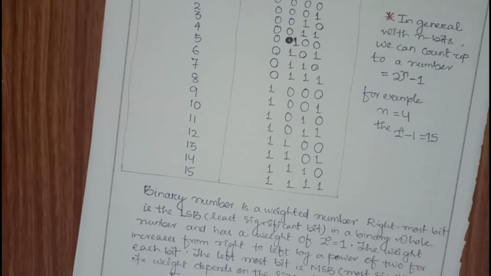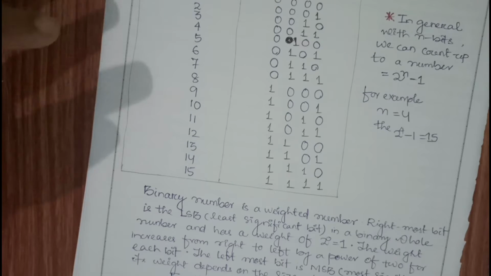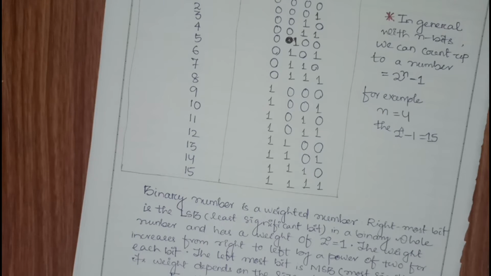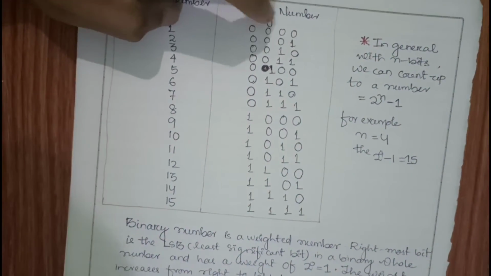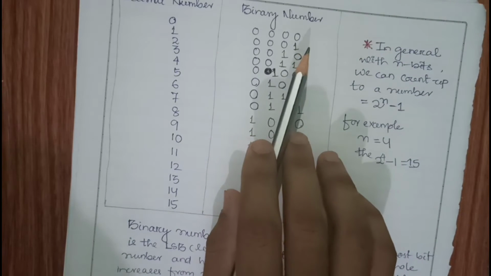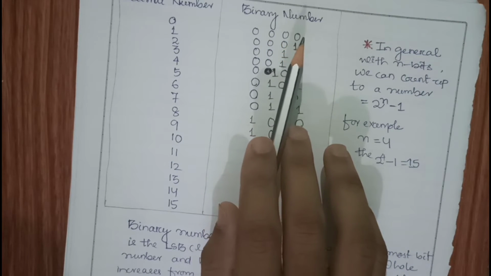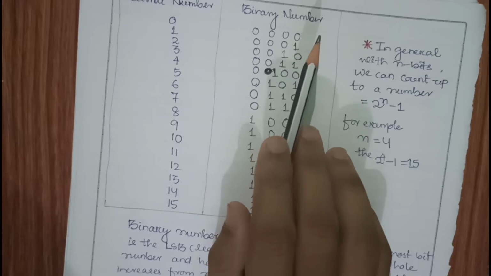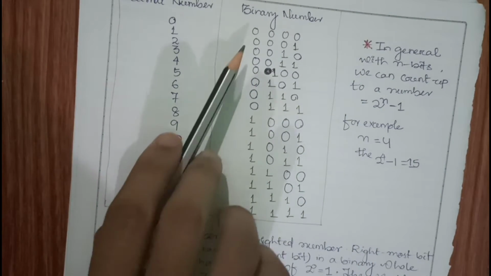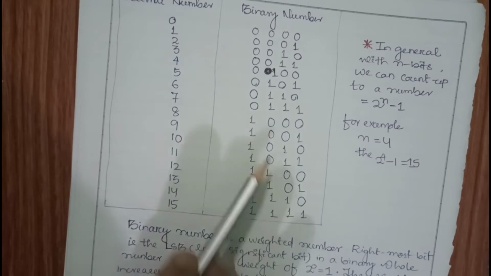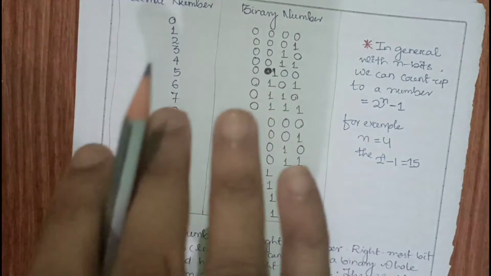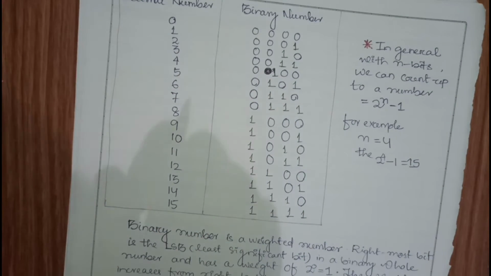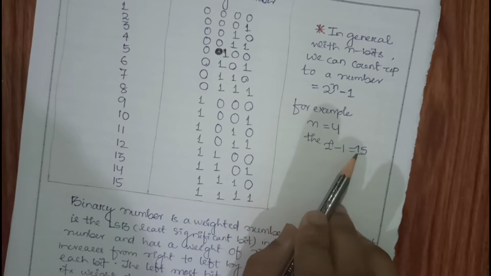You see, this is the 4-bit binary representation of any decimal number. Suppose I have a 4-bit register or a 4-bit number, that is 1, 2, 3, 4. Since I have 4 bits of input, what is the number of possible combinations? That is nothing but 2 power 4, which is 16. So 0, 0, 0, 0 up to 1, 1, 1, 1. You will count, there are 16 possible inputs. And using those binary numbers, the maximum decimal number that I can get is 2 power 4 minus 1, which is 15.